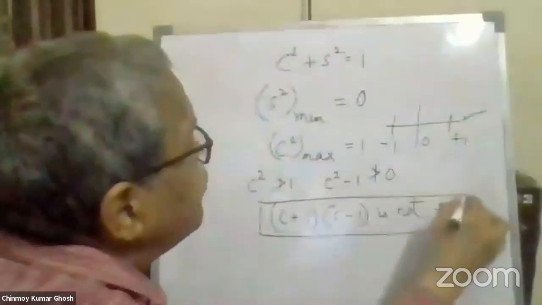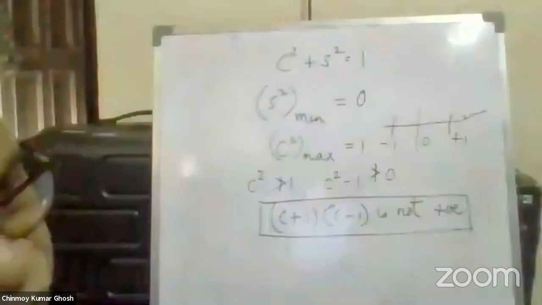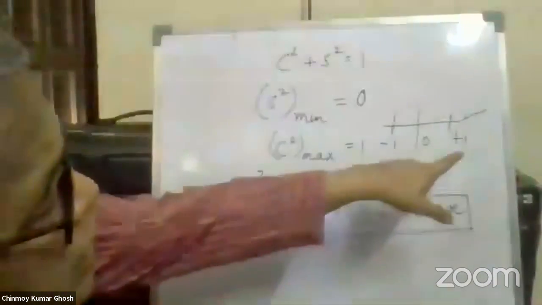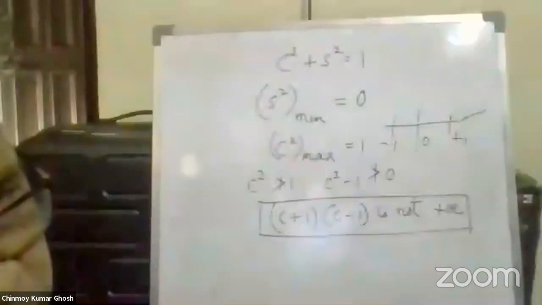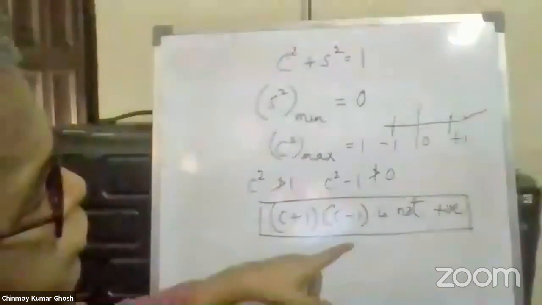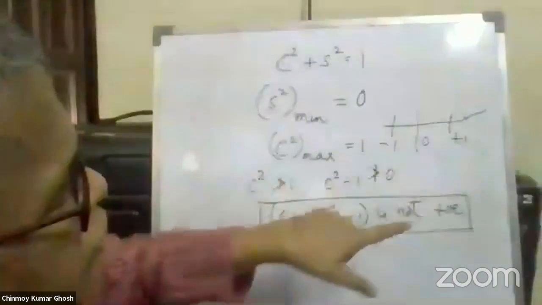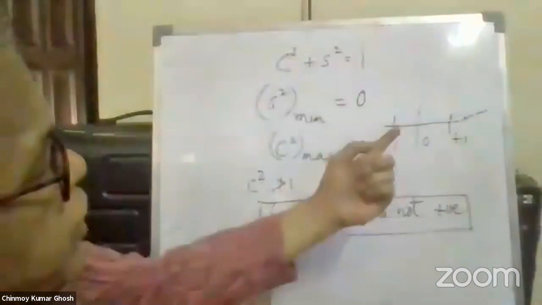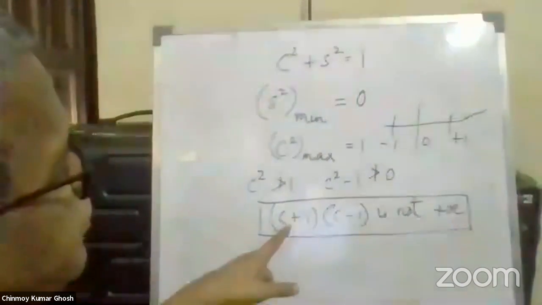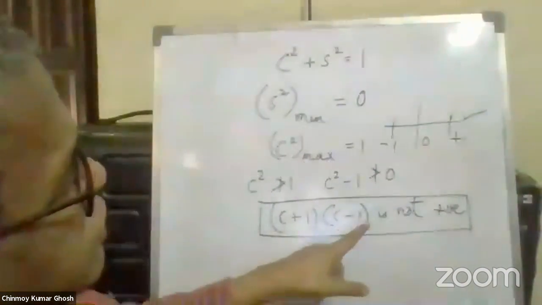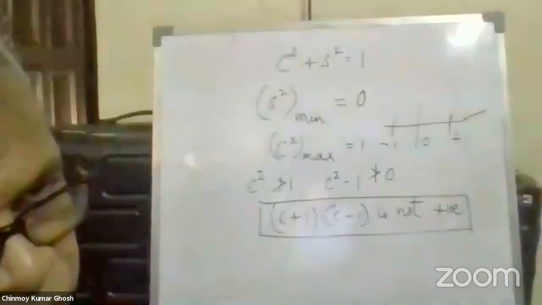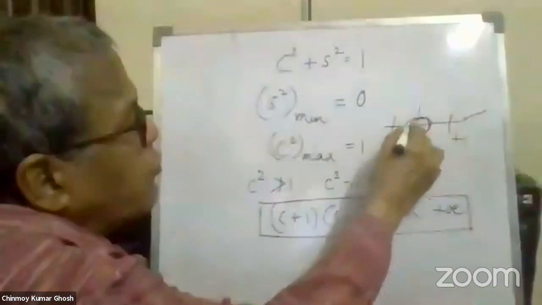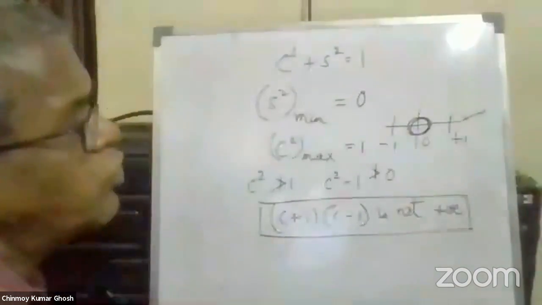this is something which we have established from a very fundamental relation. And if this gets violated, then the fact which violates this cannot be accepted. So c cannot be more than 1. If c is more than 1, then this is positive and this is positive, the product is positive. If c is less than -1, then this is negative, this is negative, the product is again positive. Only if c lies between -1 and +1, then the product is negative.